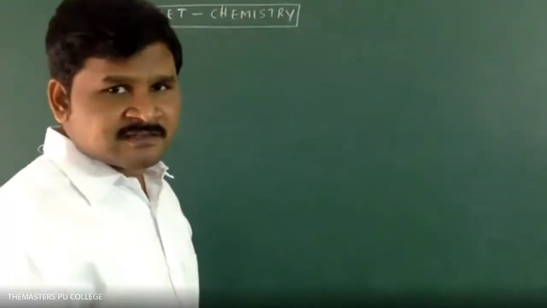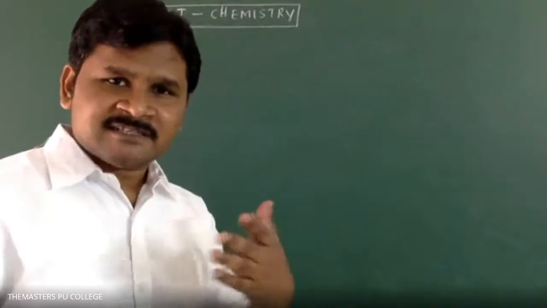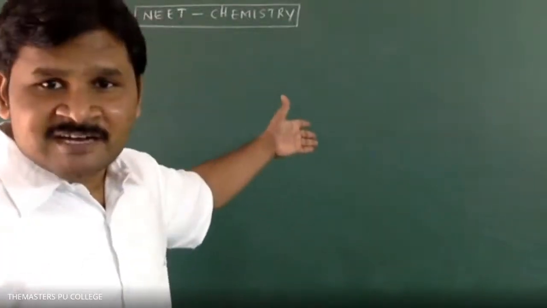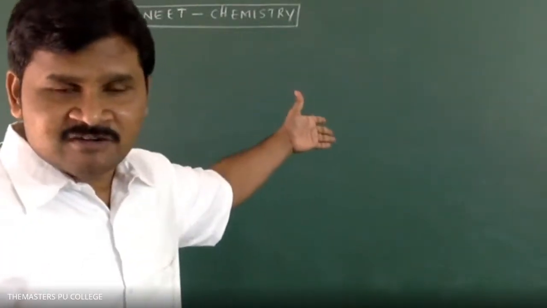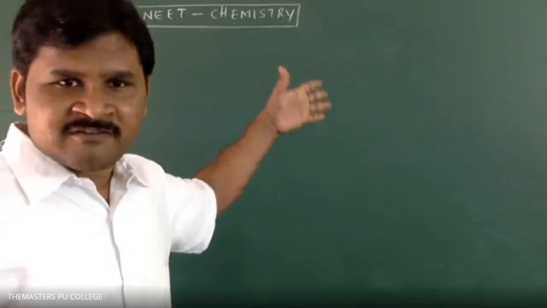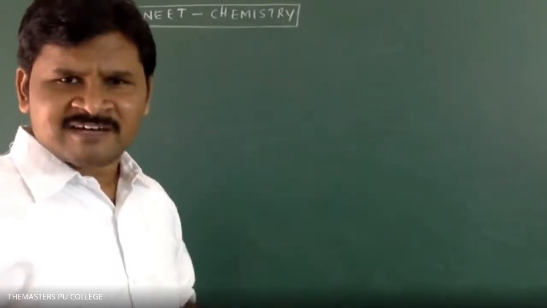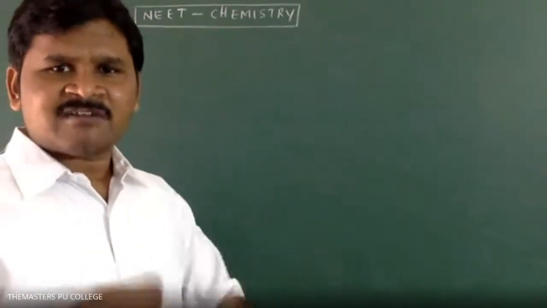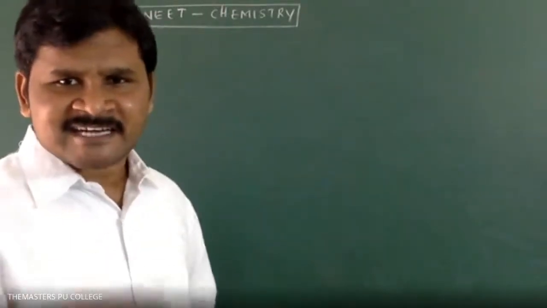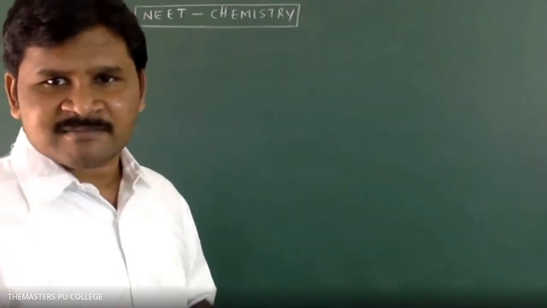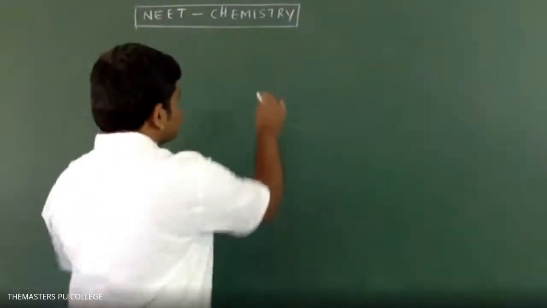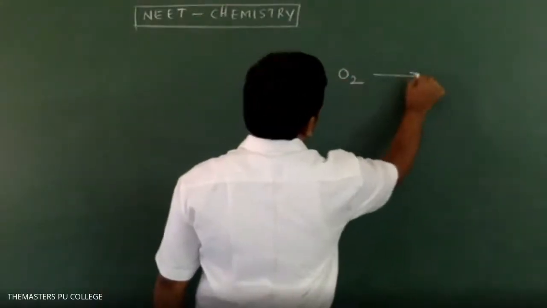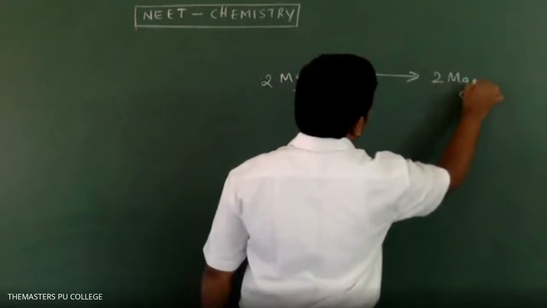Please observe. Why am I telling this many times? What is the necessity to write it again? Today, at the start of class, I wrote CaCO3 gives CaO plus CO2, with weight ratio, volume ratio, moles ratio. What is the necessity? If you write like that, automatically you will get the answer. That is the intention. You are not understanding my intention.